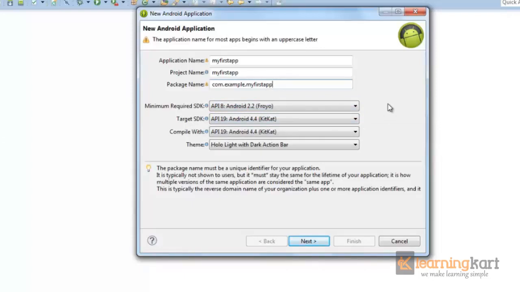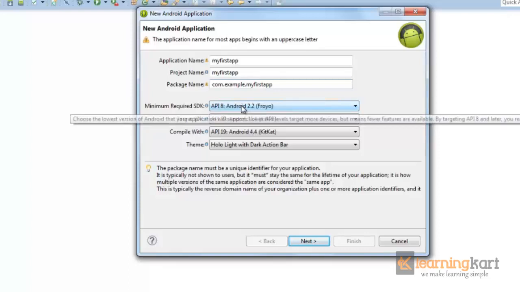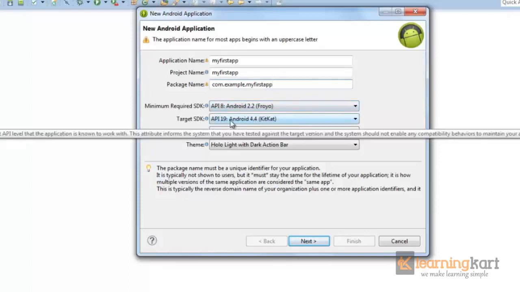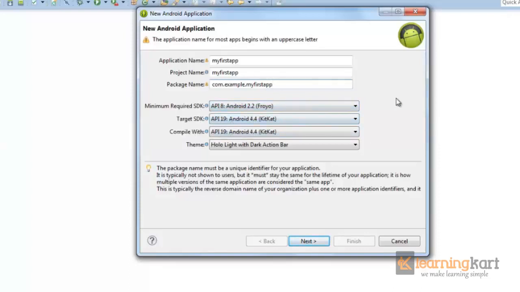So we need to see if whatever features we are going to use for the app are compatible with API 8 as well as running with API 19. In a previous lecture we saw the fragmentation of the users using different APIs, so accordingly we can see what market size we are targeting. This is a default theme for the app. We'll see what themes and styles are later. As of now we'll just create a default small app.